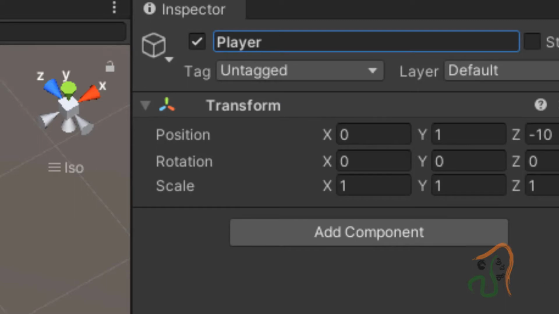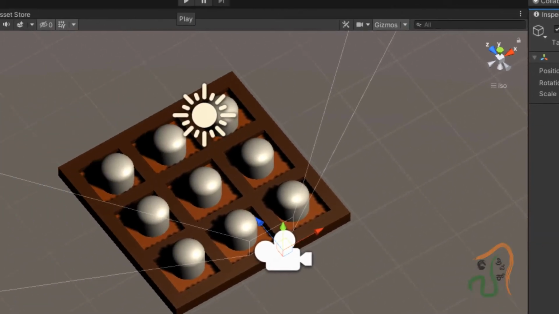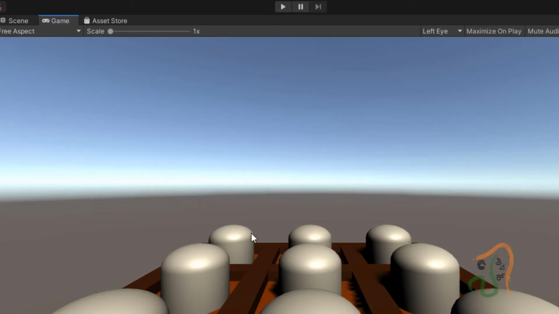To see the molds clearly, select the player and in the position, instead of minus 10, set the Z value to around minus 2, and along the Y, set the value to around 2.